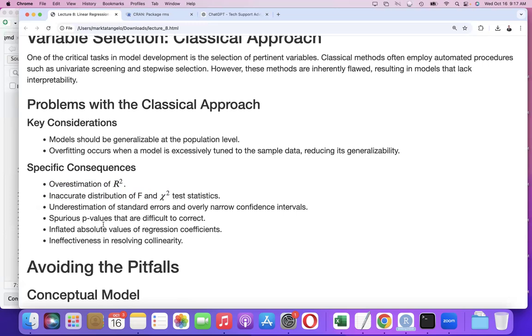You're going to get spurious p-values that are difficult to correct, inflated absolute values of the regression coefficient, and ineffectiveness at resolving collinearity. So that's interesting. So collinearity, recall, is when the variables are covariating together. Collinearity is going to increase because you're constantly taking out those variables that are not associated. So only highly collinear variables are resulting. And as you're pulling out those non-collinear variables, you're really inflating that collinearity because you're leaving only the most collinear